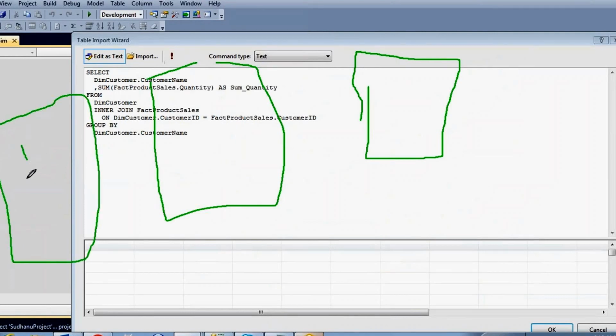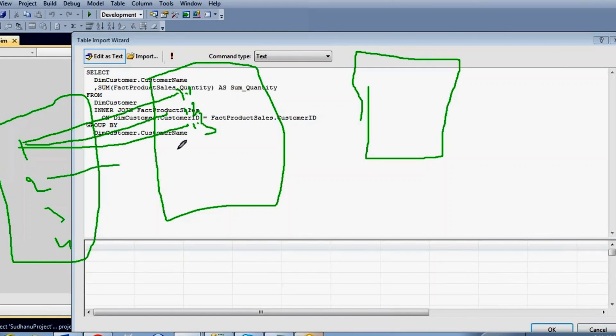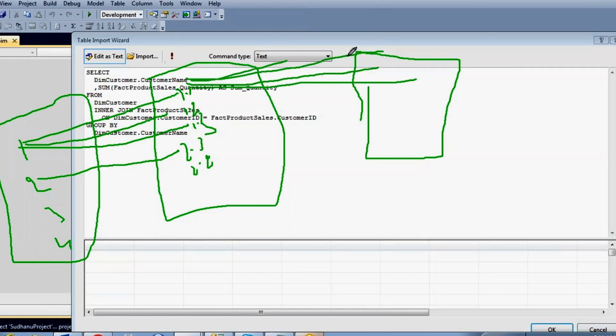I have four categories: one, two, three, four. Under each category, I have three subcategories: 1.1, 1.2, 1.3, and 2.1, 2.2, 2.3, like that. Under each subcategory I have five products, like 1.1.1, 1.1.2, 1.1.3, 1.1.4, 1.1.5.